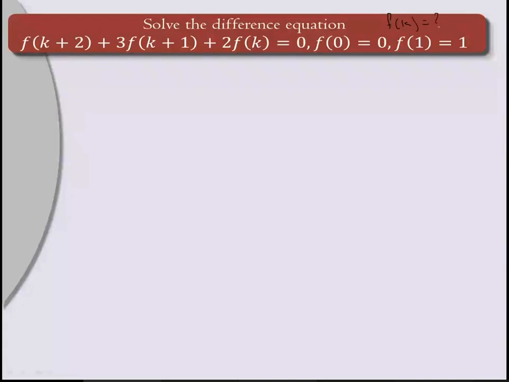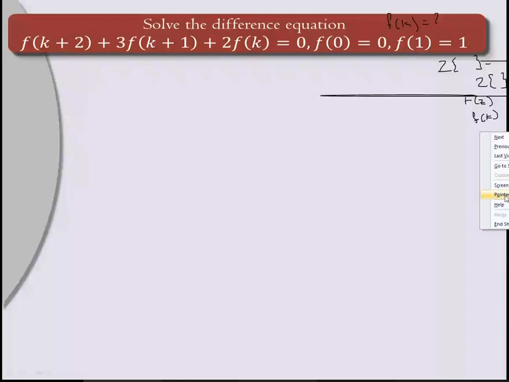Now, what is the method? The method is very easy. Whatever difference equation is given, first take the Z transform of that equation on both sides. Then try to collect all F of z terms together, and take the inverse of that, which gives us f of k. So first the Z transform of the given equation, then get F of z from that and take its inverse Z transform. So firstly, take the Z transform on both sides.